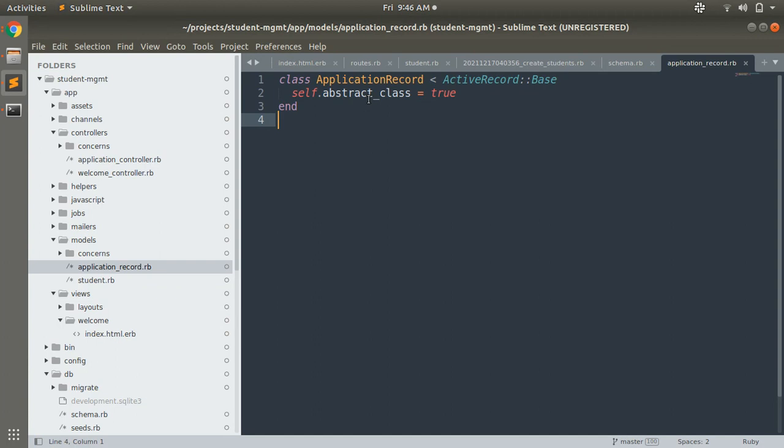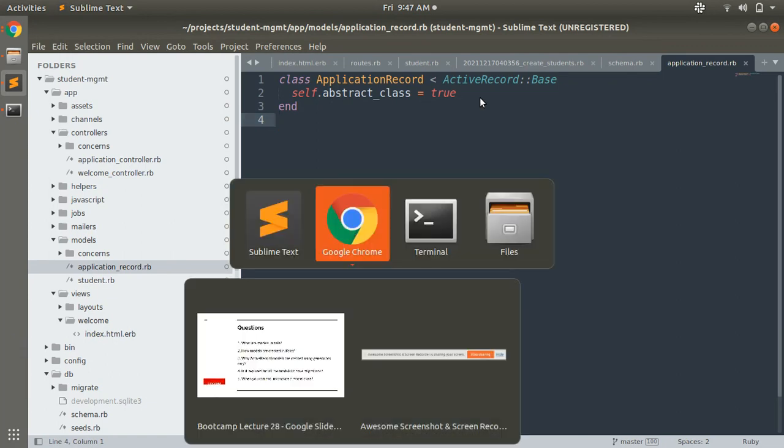Right now you can see that ApplicationRecord is inherited from ActiveRecord::Base, so whatever operations, methods, and standards are defined in the ActiveRecord::Base library, you can use them via ApplicationRecord. This is the answer to the question.